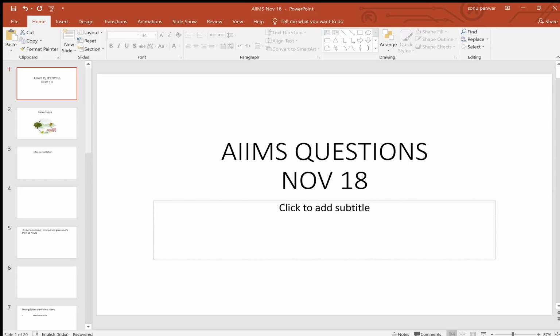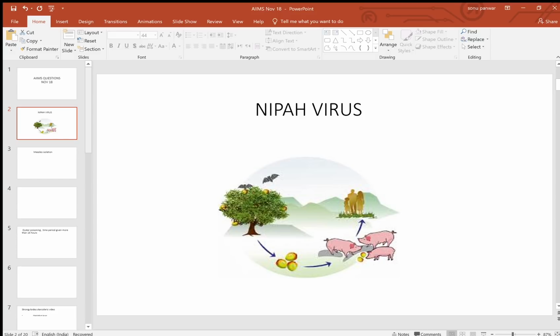So one of the questions was regarding this Nipah virus. I've already told in many of my classes itself that Nipah will be asked. Obviously this is not the exact picture that was there, but this picture itself is suggesting that it associates with fruit bats and pigs, and it is transmitted to humans by these particular animals. So first of all, in this particular one, what you need to remember is